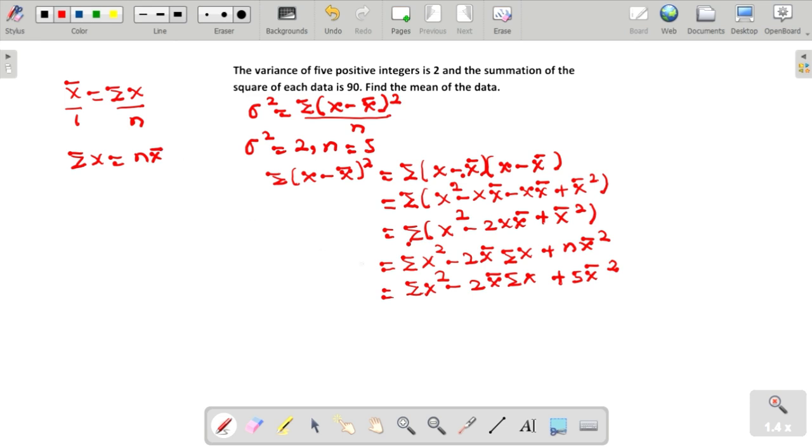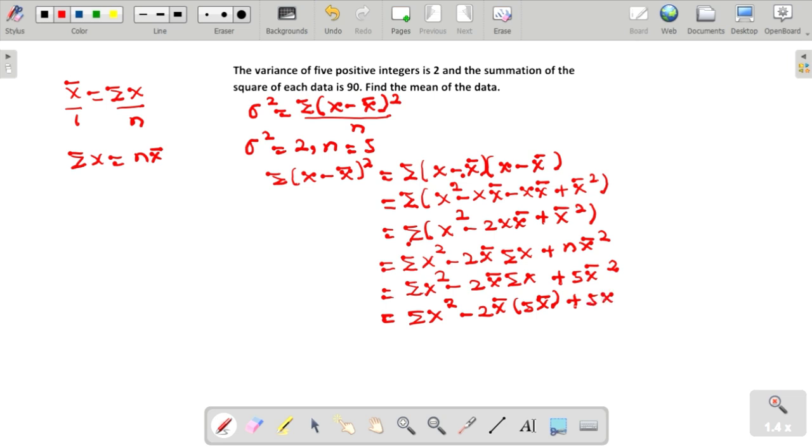So we substitute n x bar in place of summation x here. Remember that n is 5. So the whole expression becomes summation x square minus 2 x bar, open bracket, 5 x bar, close bracket, plus